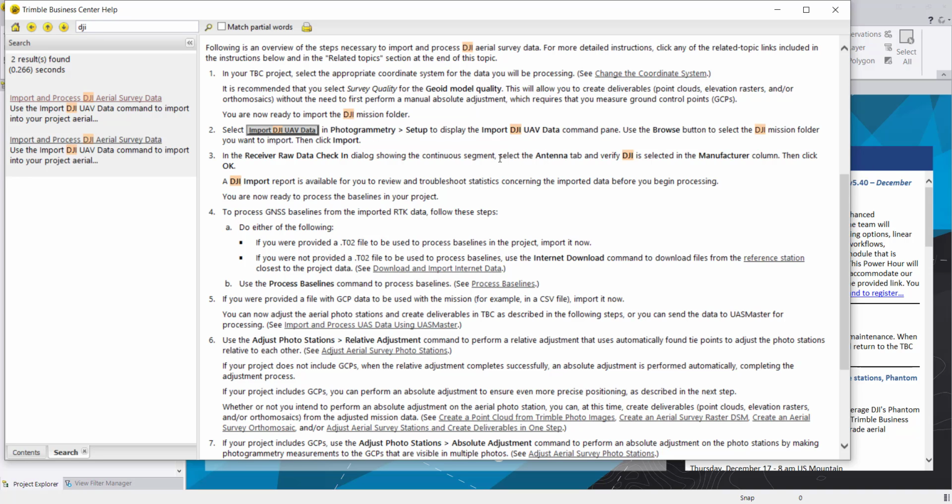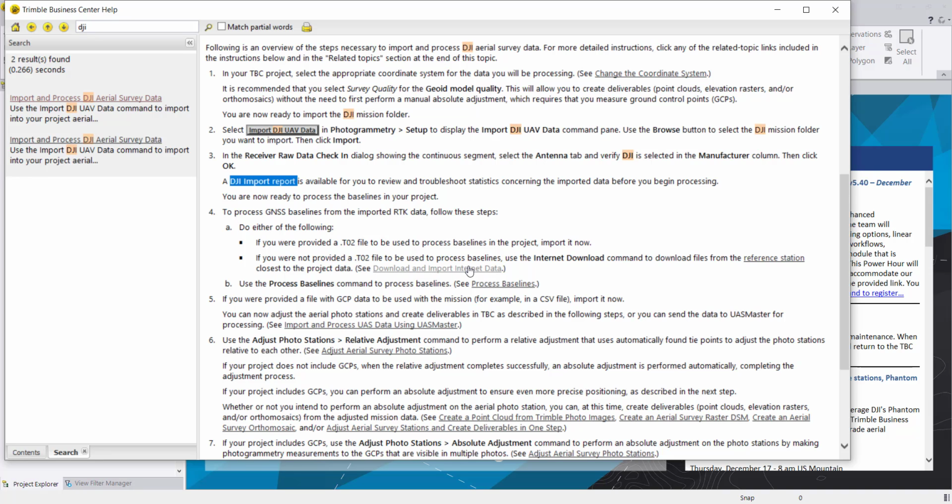And also we will see how the antenna is set for our import data. Then we will take a look at the report after the data is imported. And then we can use the import internet data functionality in TBC to generate our virtual reference station data for